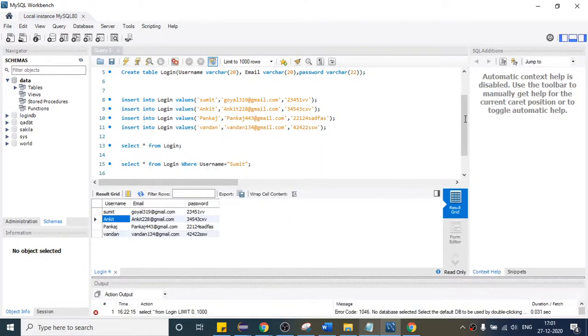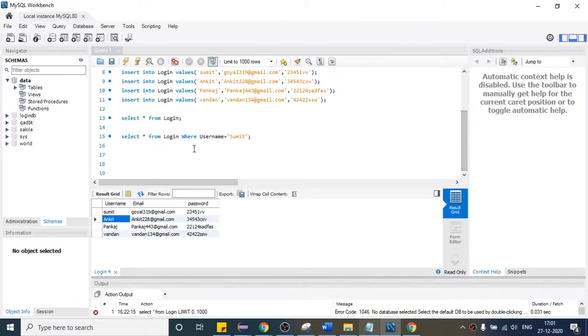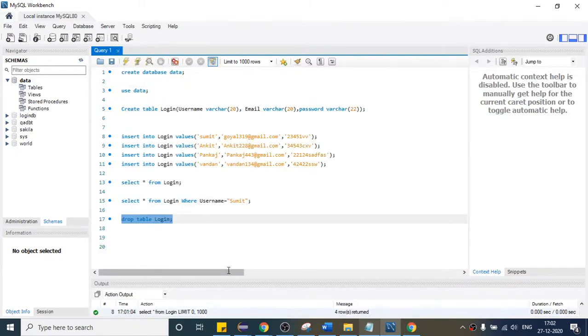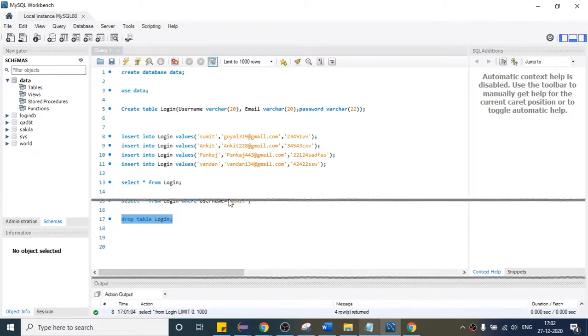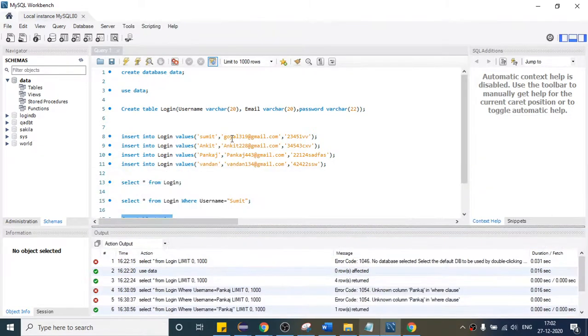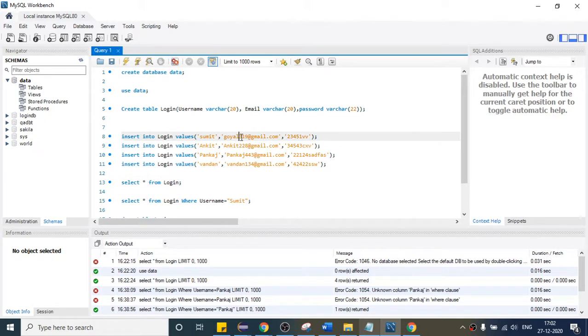okay. So let me do one thing. Just assume that client is changing some detail. So let me first do one thing, drop table. So this will basically delete the table. If I execute this, the table will be deleted. So is the action complete? So this is complete. So just assume that client has updated some data. Suppose client will say 998. Email ID will change of all the user.